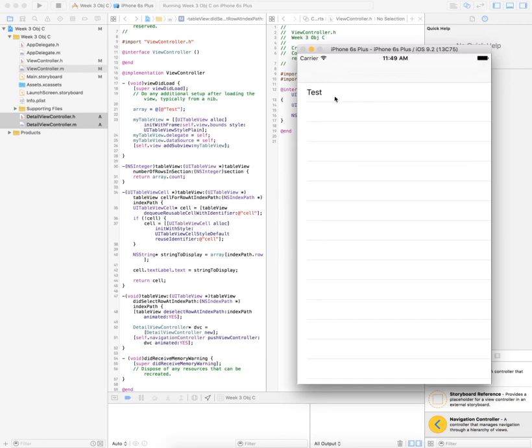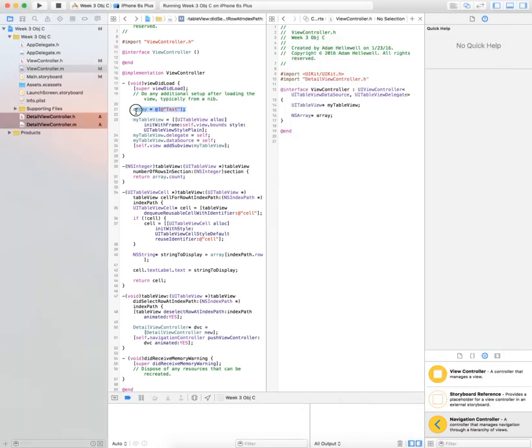So this was a simple tutorial on how to set up a table view, how to incorporate an array to be able to control what's displaying, and then to be able to show how to create a new view controller, which we'll use in the